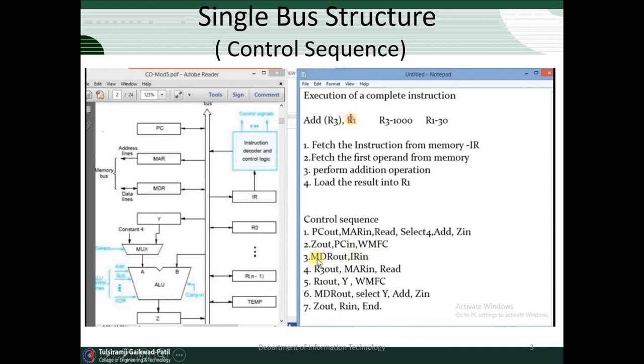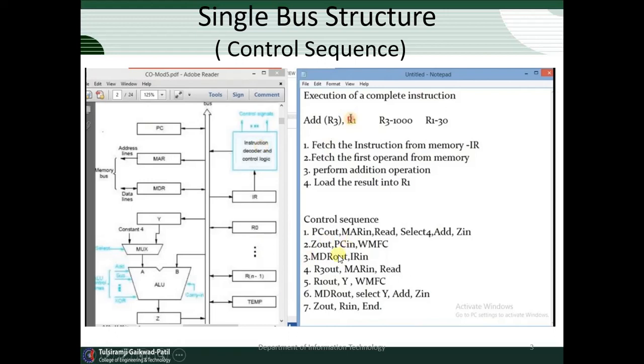In the third step we observe MDR out. The data or instruction must be put out and stored in the instruction register. MDR contains data or an instruction and it must be stored in the instruction register. Then the control signals are generated for the given instruction.